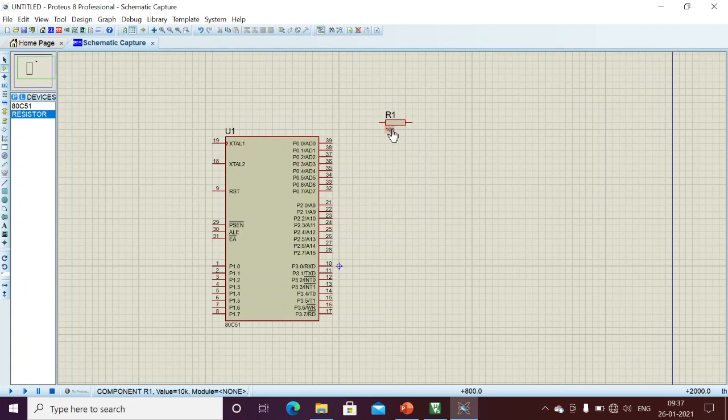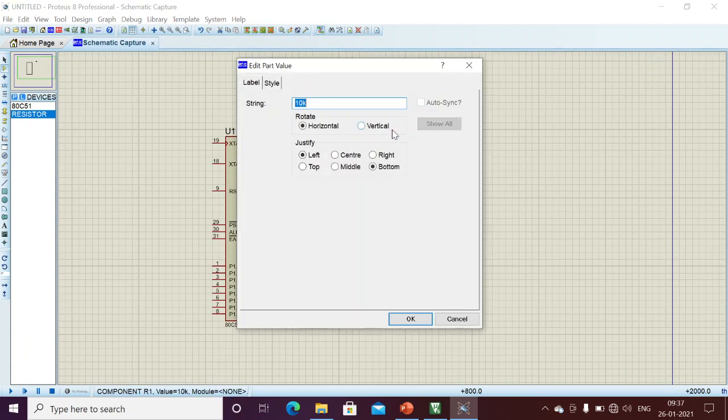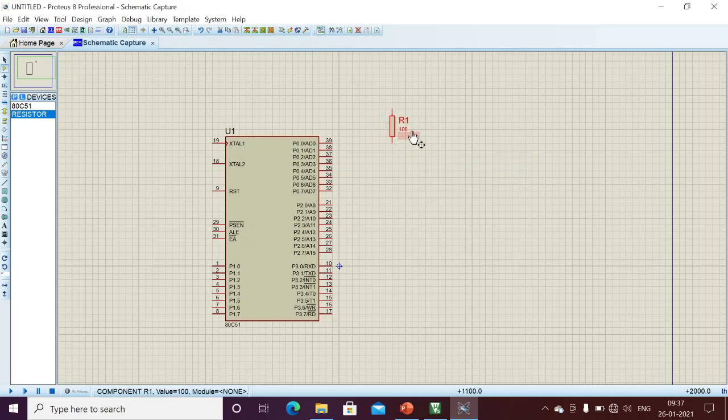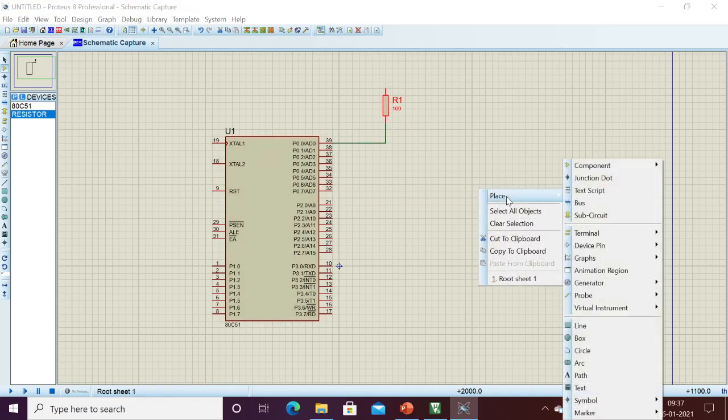Usually we need to connect a 10k resistor. For our case, we'll be connecting only 100 ohms. Why? Because here the voltage drop is very small compared to real-time hardware. But in real time, when you are buying hardware, we should connect the 10k resistor. But here I am using only 100 ohms, because we will get the highest voltage to our LED.